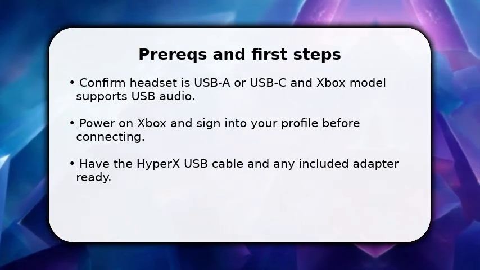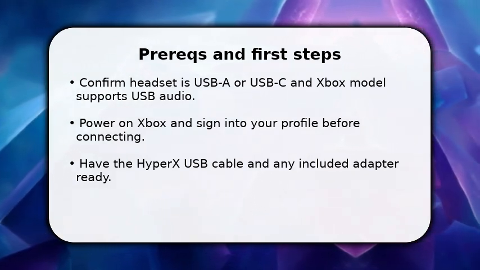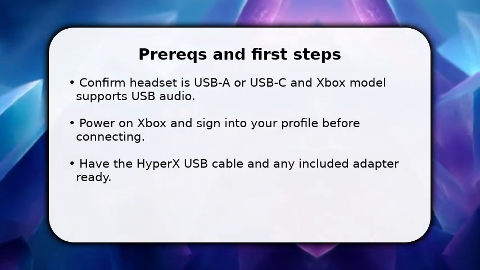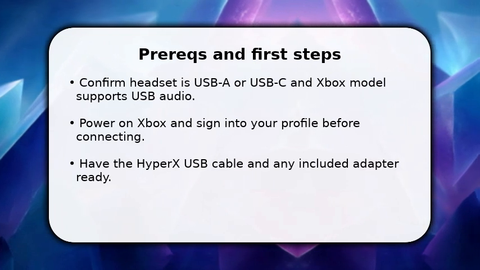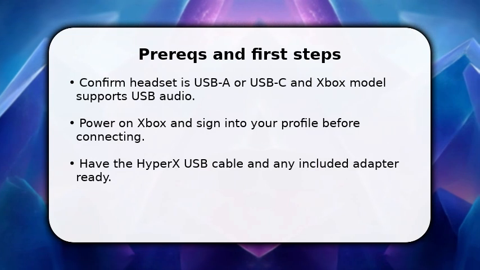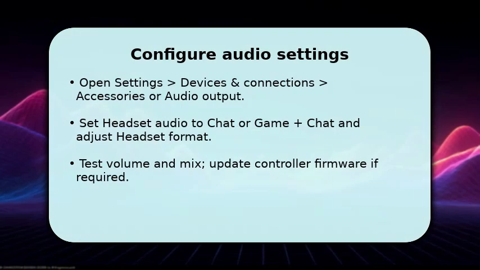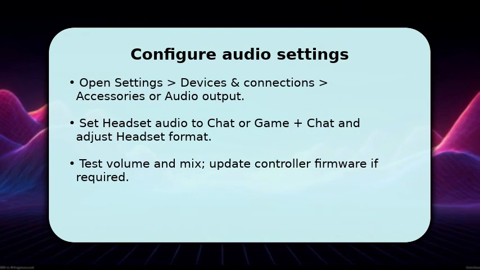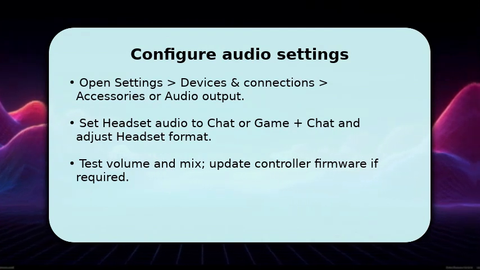Next, plug the HyperX USB into the front or rear USB port. Use the console's rear port if you want stable power. Make sure the headset is powered, and any inline mute or volume controls are set to audible levels before moving on. Once the headset is physically connected, go to Settings and navigate to Devices and Connections, then Audio Output or